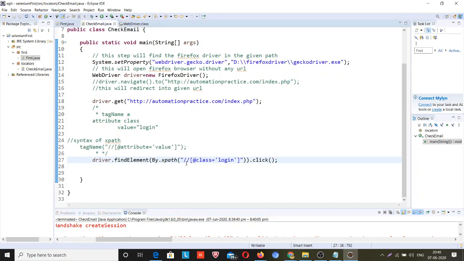Okay, so I have not passed the tag name here, so the tag name is A. Okay guys, I missed out the tag name, so the tag name will be here. Sorry for the syntactical mistake.